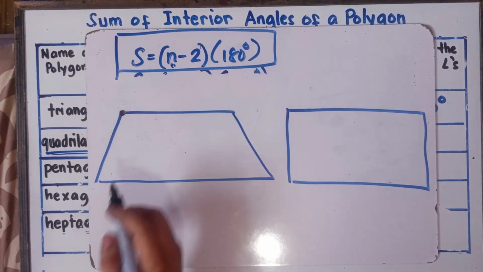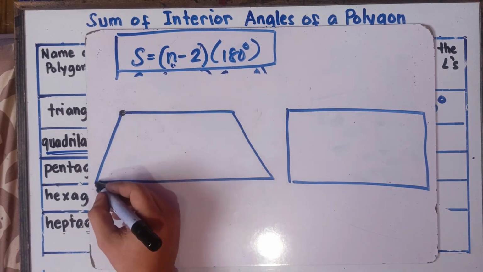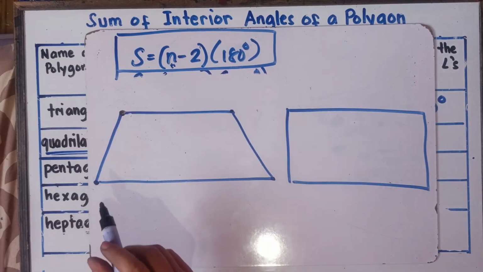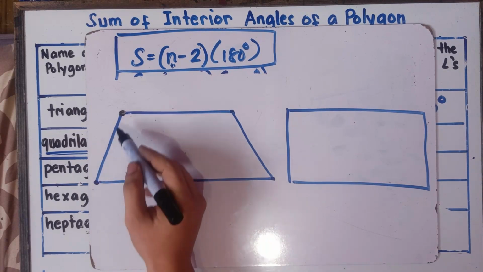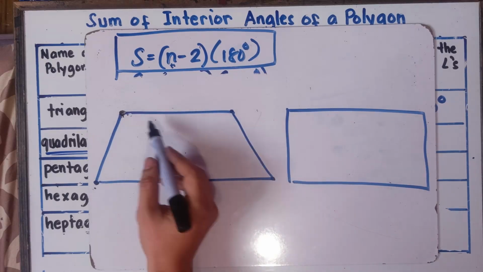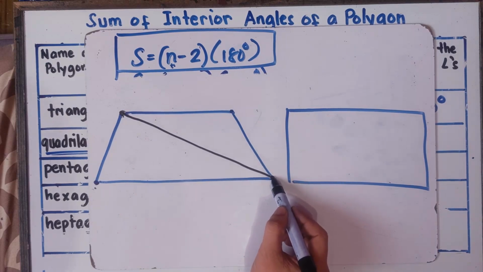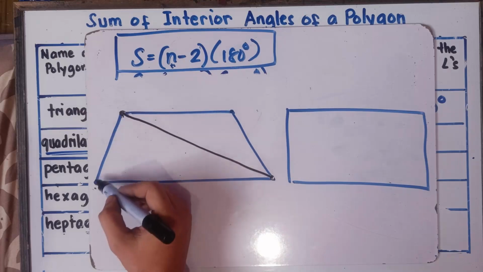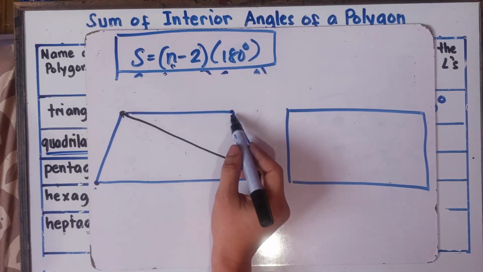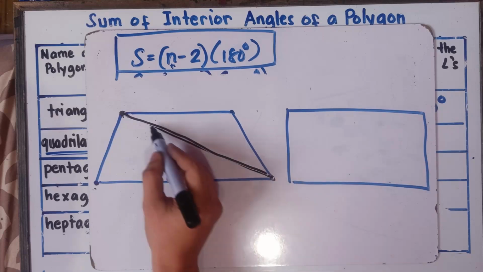You draw a diagonal. Can we make this one? Nope. Next to each other, class, from this corner to this point. Once again, those are vertices. Diagonal, class, is not next to each other. This one right here is next to each other. Nope, we cannot draw this one. This one, nope. So there will be only this one. We can draw a diagonal. Remember that one, class, diagonal, not next to each other. This one right here, next to each other. This one right here, next to each other. Nope, this is not a diagonal. So this one right here, class, not next to each other.